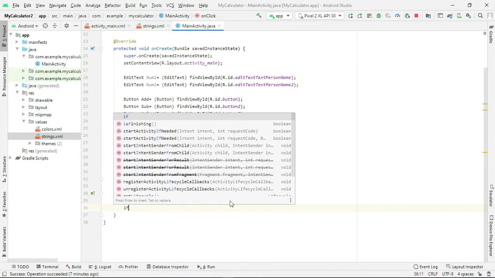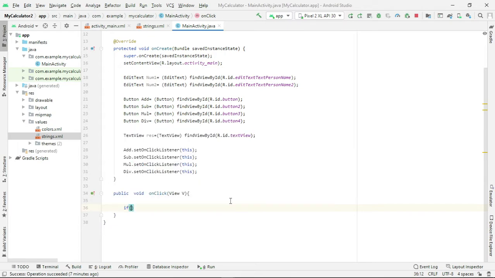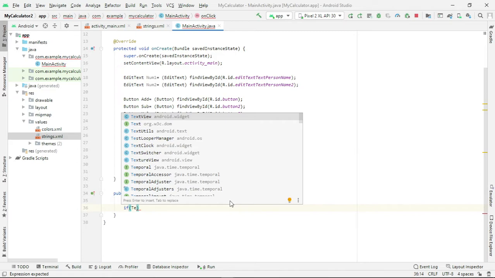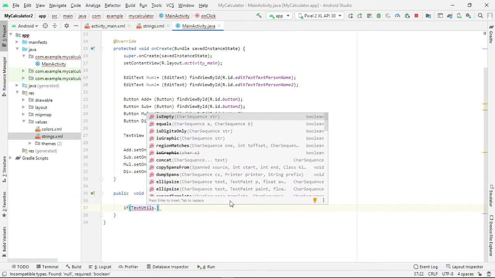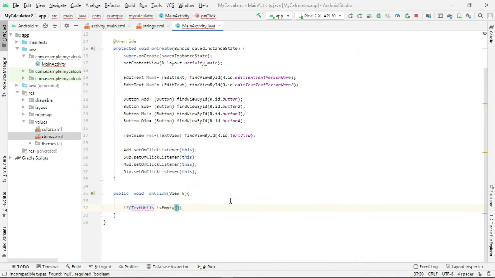If, there is a class called TextUtils. TextUtils dot, you have to check whether it is empty or not. For that, let me use a function called isEmpty. This function is defined inside a class called TextUtils.